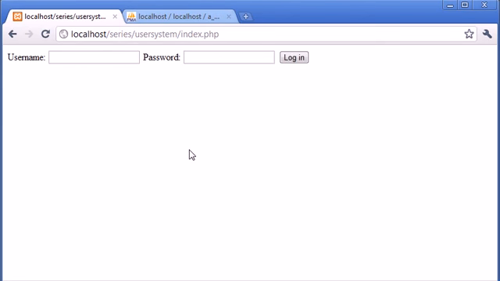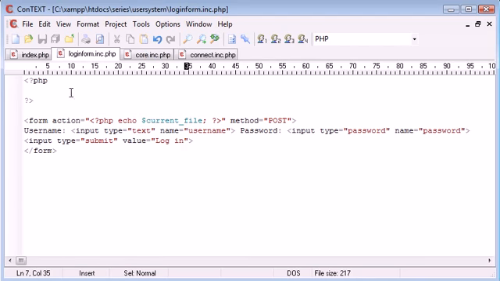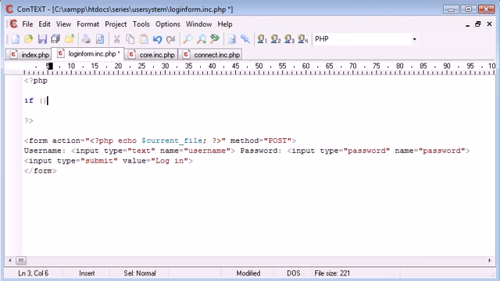Okay, so you can see that we've got this login form now. The next thing to do is process what's going to happen when this login form is clicked. So we can view an example of what's going to happen on the index.php page, even though we're processing it inside login form because we've included it. Let's first of all check if the username and password have been set, meaning the form has been submitted. You may have seen this example a few times before. So we're saying if isset, and we're specifying this post data that's coming through, and isset $_POST for the password as well,